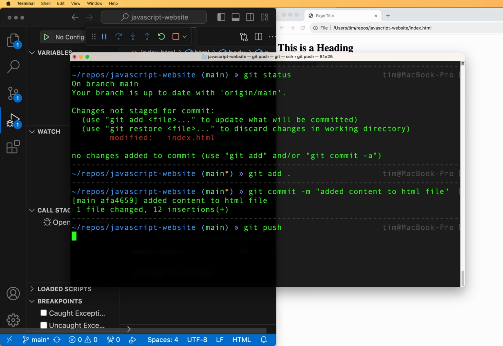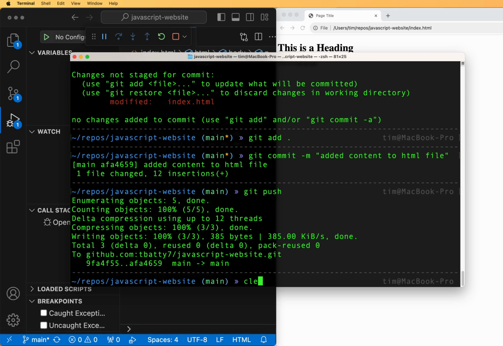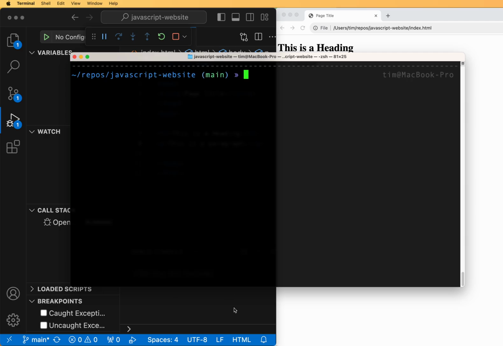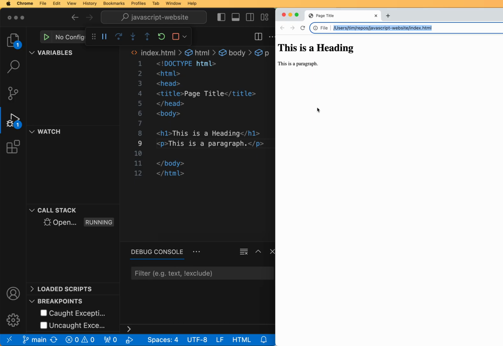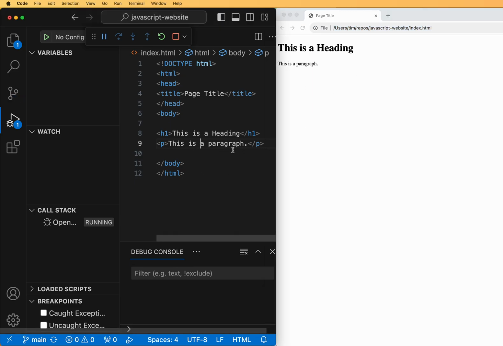git push, and we're all on our way. So, clear. All right, so now if we go back to here, what we want to do is add a button. So we're going to type button and then hit tab, and it will complete it. All right, so now I'm going to say button, and I'm going to say "click me",